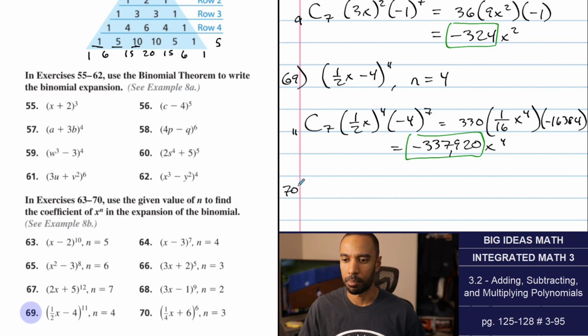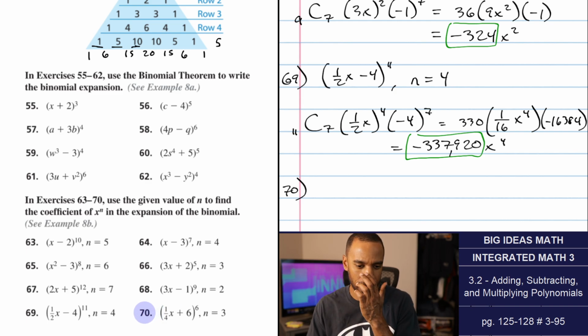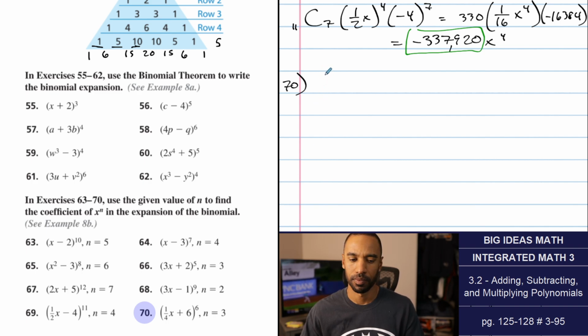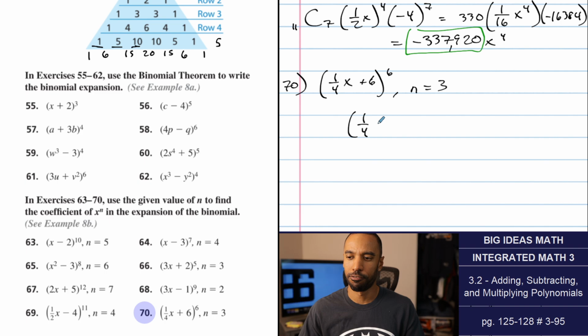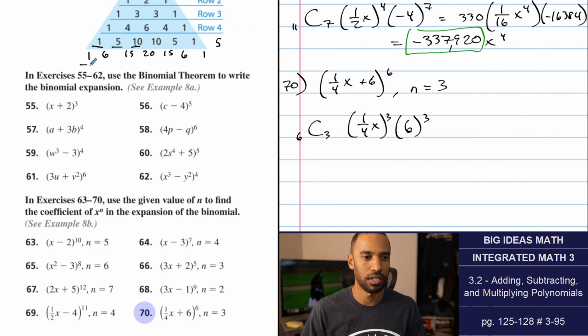And then the last one, number 70, another fraction. We have (1/4 x + 6) to the 6th power, where n equals 3. Hopefully the number gets smaller again. That 6 is going to get something kind of big. All right, we're going to do 1/4 x cubed. 6 will also be cubed, and we're going to do 6 choose 3 in the process. 6 choose 3, here's 6 choose 0, 6 choose 1, 6 choose 2, 6 choose 3,